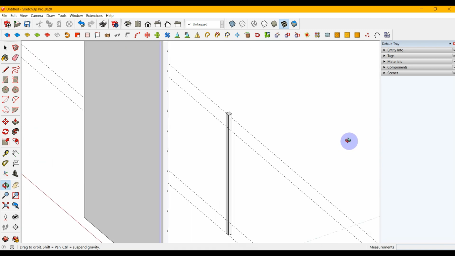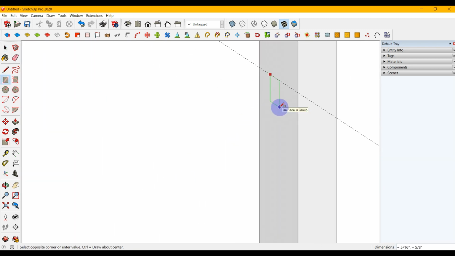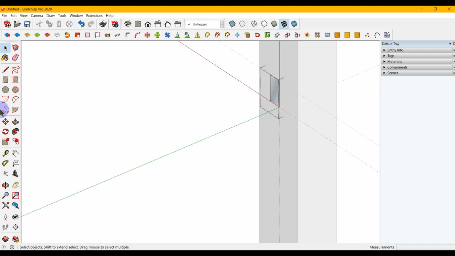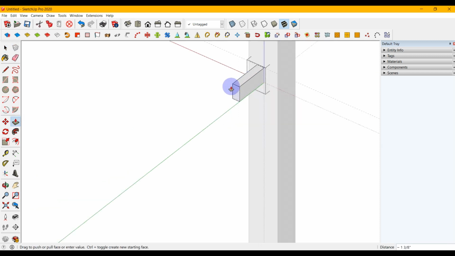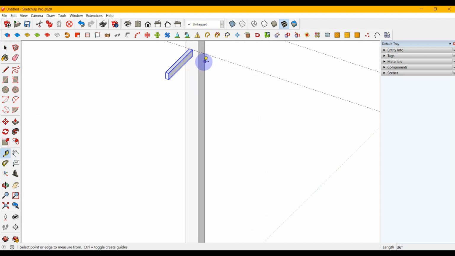Create another rectangle at its back side. Group it and pull it 4 inches. Copy it at the bottom.